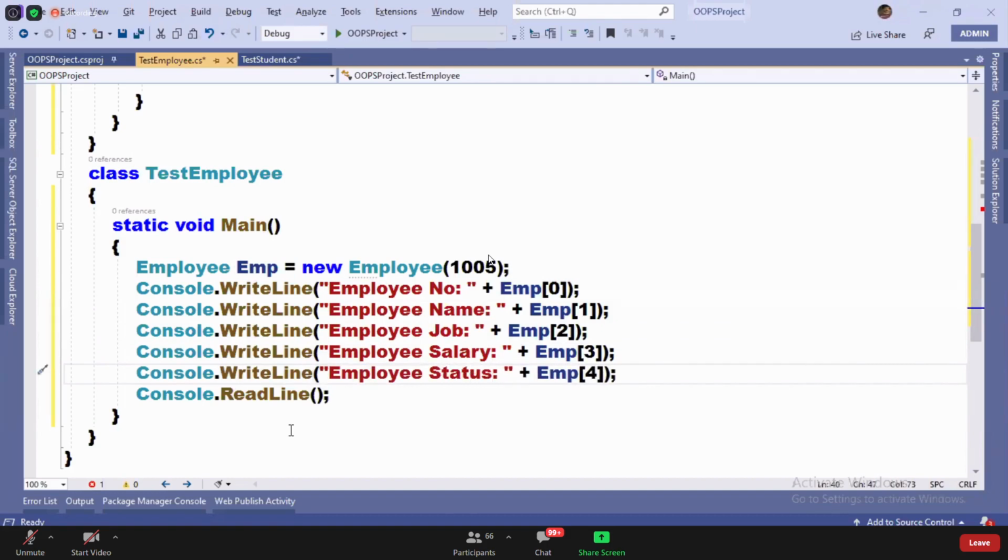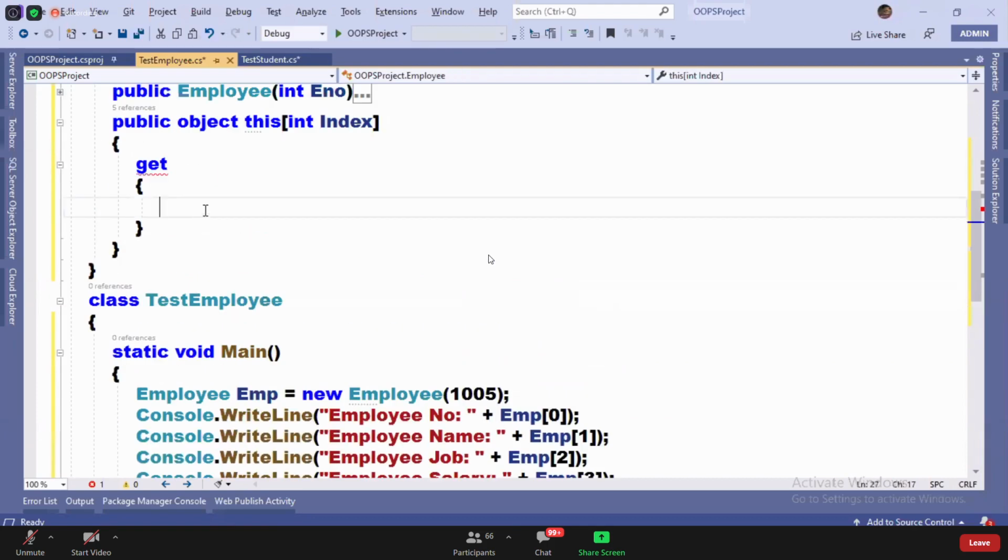Status. Okay, now. If you pass 0, number should come. If you pass 1, name should come. If you pass 2, job should come. If you pass 3, salary should come. If you pass 4, status should come. Are you clear?